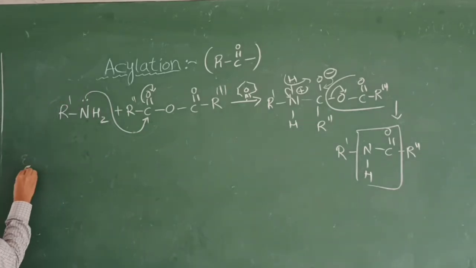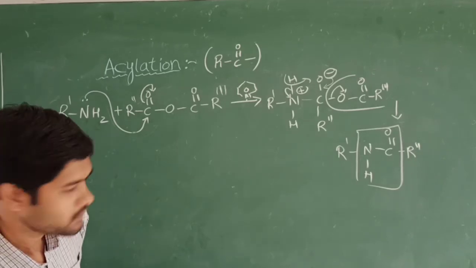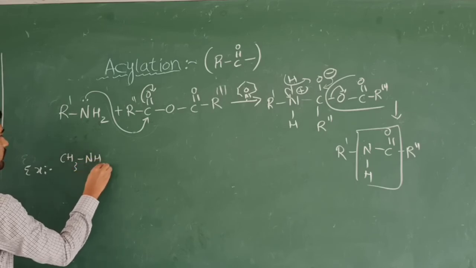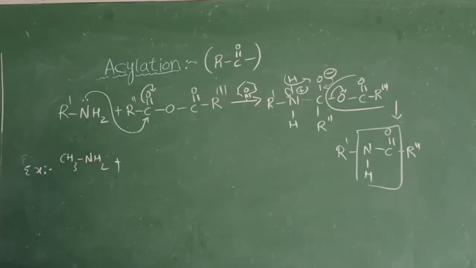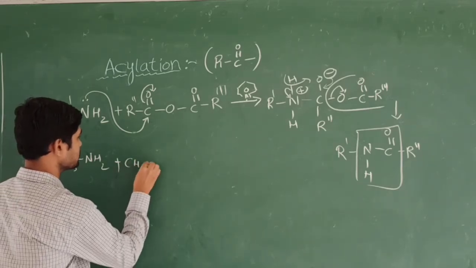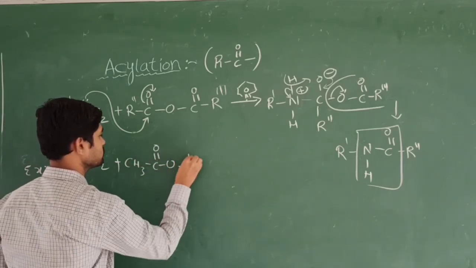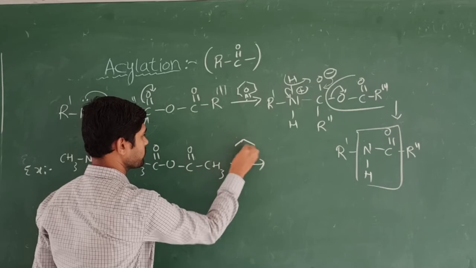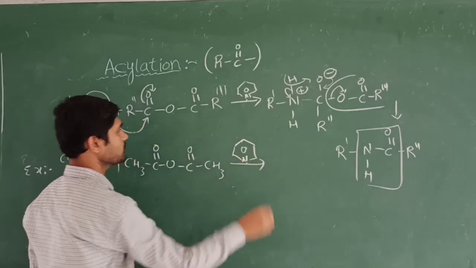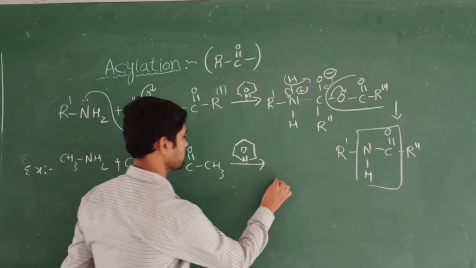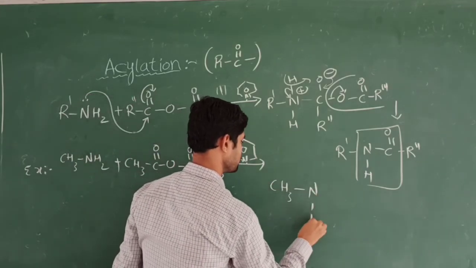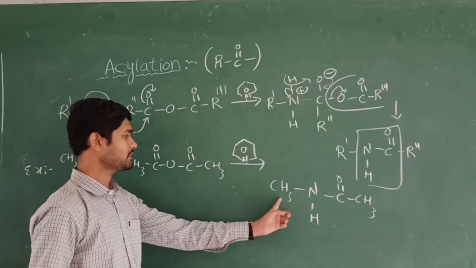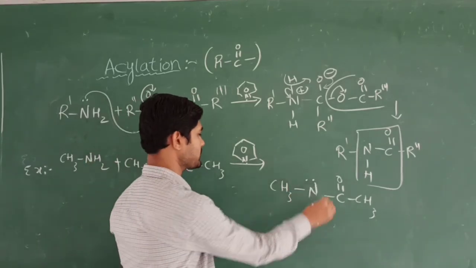I can give one example. What will the example be? Same, instead of the R group I take methylamine with an anhydride group, which I take as acidic anhydride, CH3 C double bond O. Once again the reaction is carried out in the presence of a base stronger than the primary amine. We get the product like this. I write the direct product. Now its name: the methyl group is attached to the nitrogen atom, so we pronounce it as N-methyl.